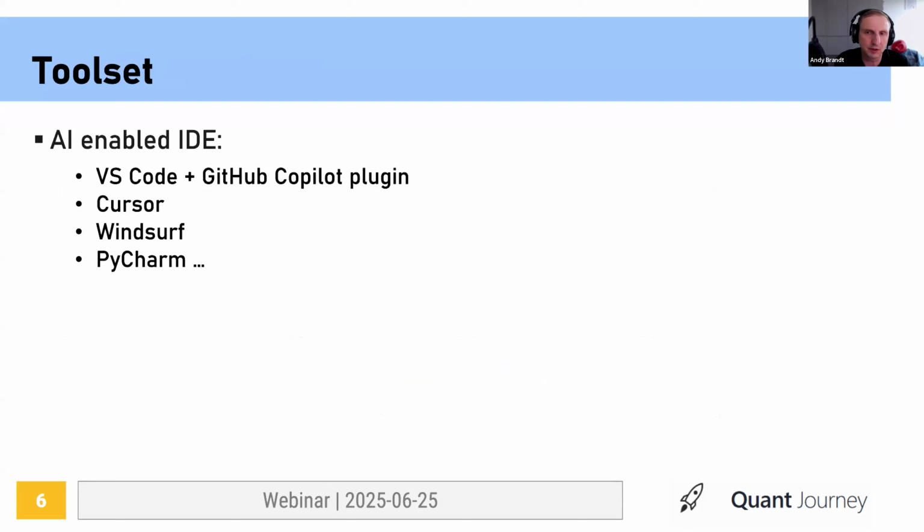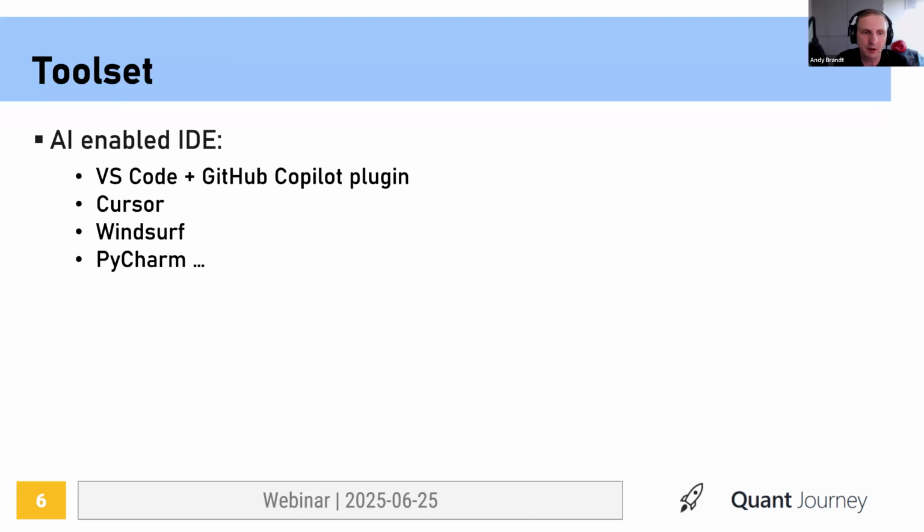We have Cursor, which I think is kind of winning the game right now. We have Windsurf, which is another VS Code fork, which has a slightly different philosophy than Cursor. I'm not a very big fan of it. Not that there's anything wrong with it, but I just don't see advantage of switching from Cursor. And by the way, for your information, I was using Visual Studio Code for years.